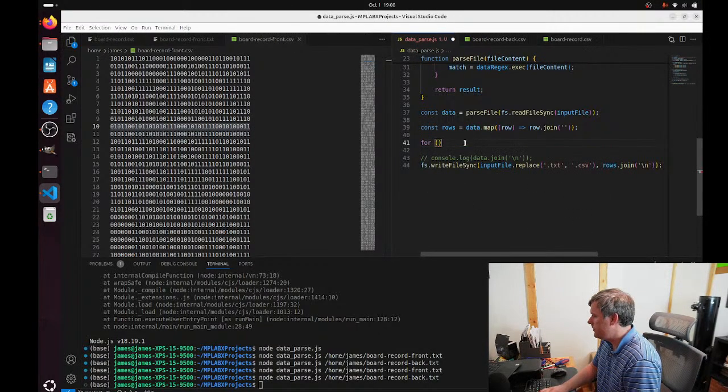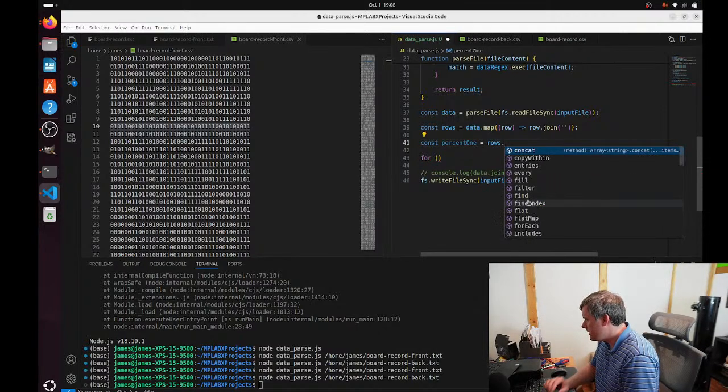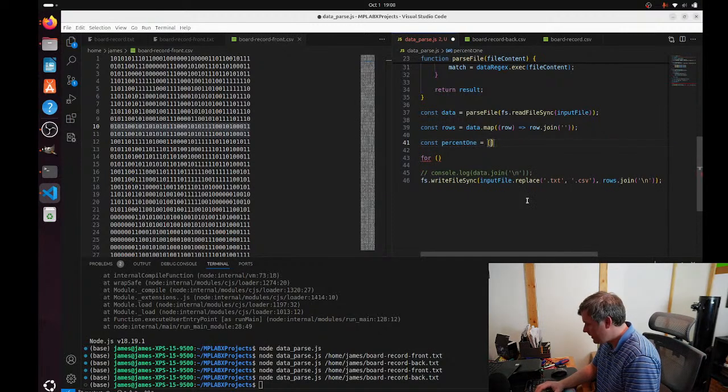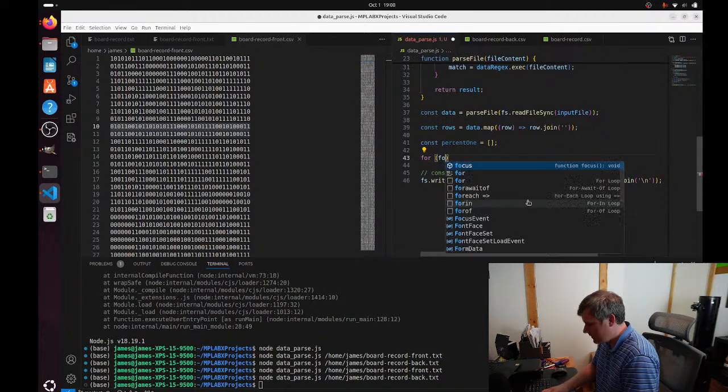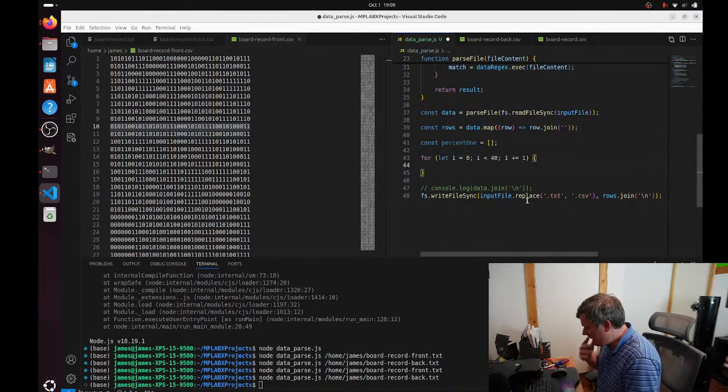So I'm going to do a percent ones array equal to rows, and then I'm going to loop over the 40,